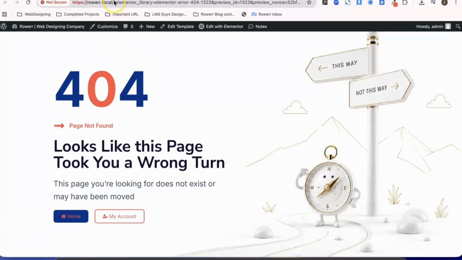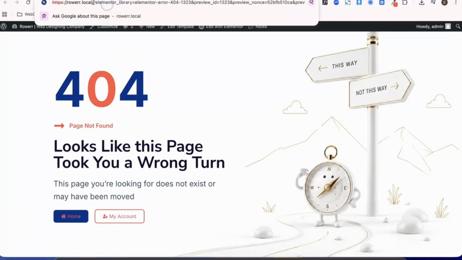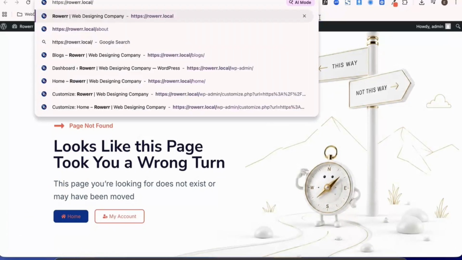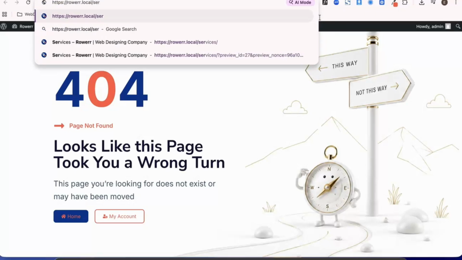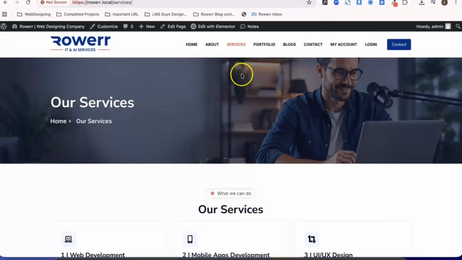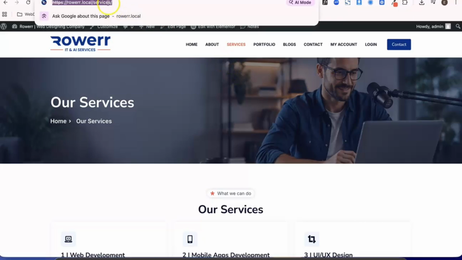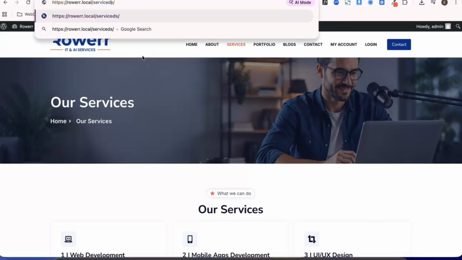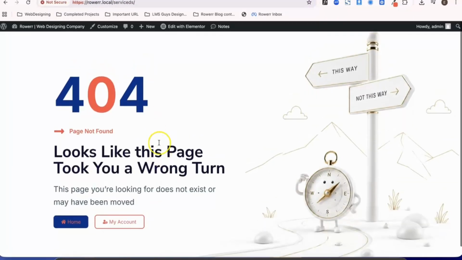Let's try some other pages as well. Let's go and do it on the services page. Here we have this services. Let's open it and let's make a mistake in the URL. Let's add and here you can see. So this is a very professional way. Most of the people just design the whole website but do not